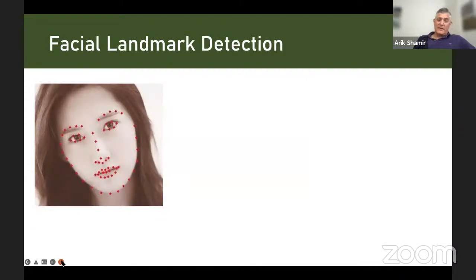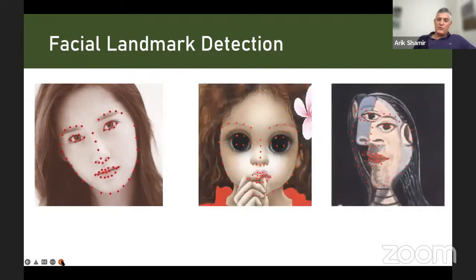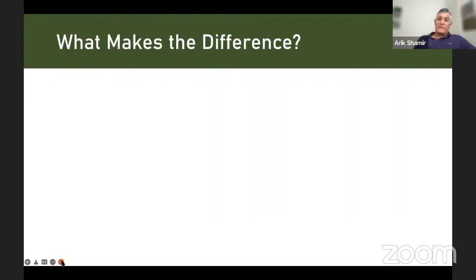Lastly, another example that I'm going to discuss is facial landmark detection. This is something that almost everyone has on his or her phone today. Tracking the landmarks of a face is something that was well researched and works very well. But again, when you move to non-photorealistic domains, you see that it is totally inaccurate and many times not really useful. So what actually makes the difference between these two domains?